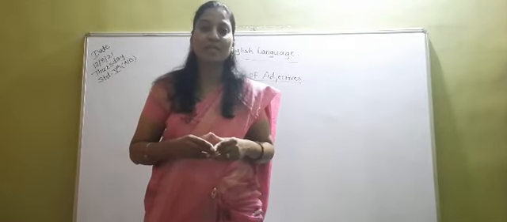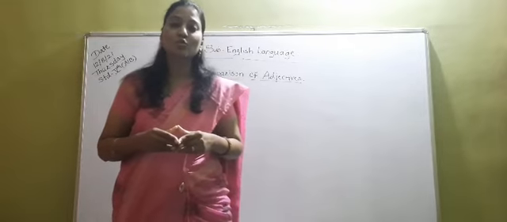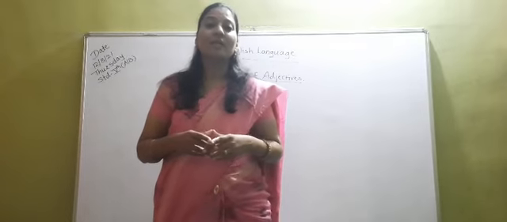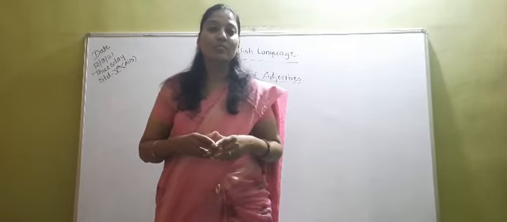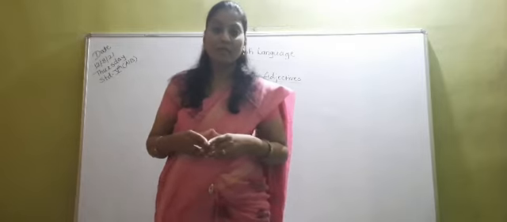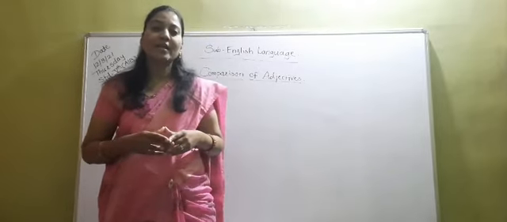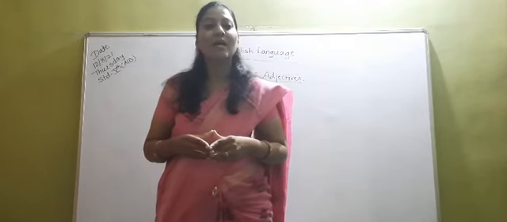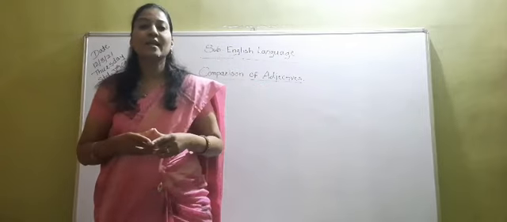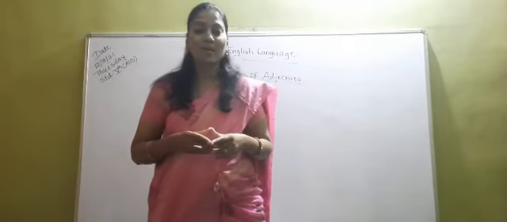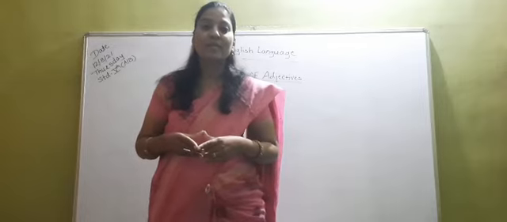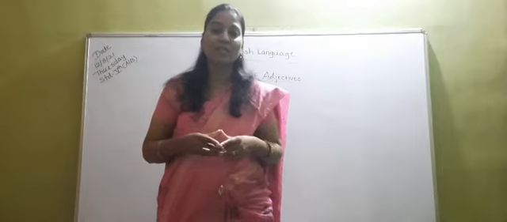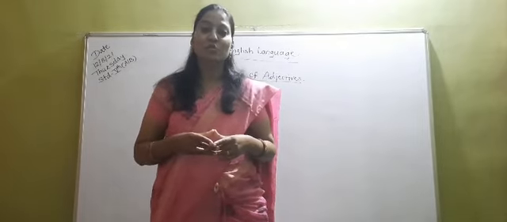So we have seen the rules of formation for the positive, comparative and superlative degrees. We have seen two rules to form the comparative and superlative degree. The first rule is that by adding ER or EST we can form the comparative and superlative degree. We have also seen some examples that tell us how to form them.